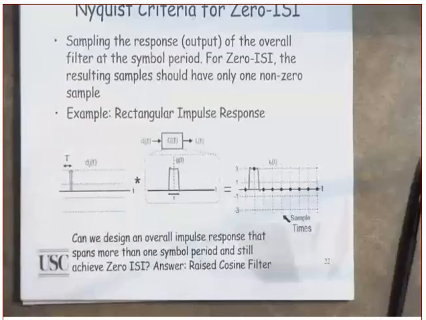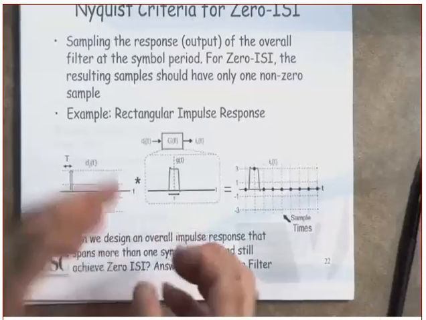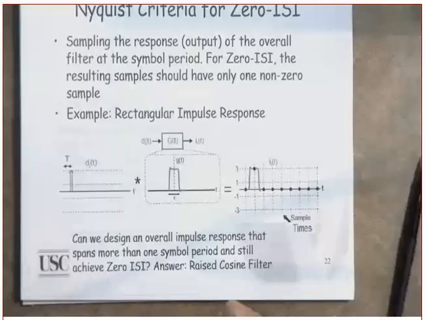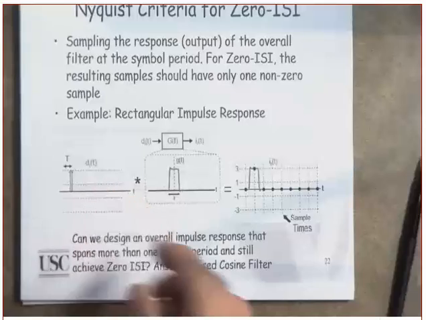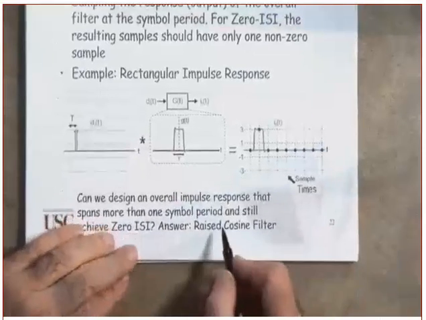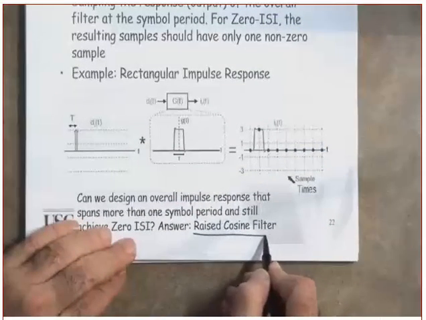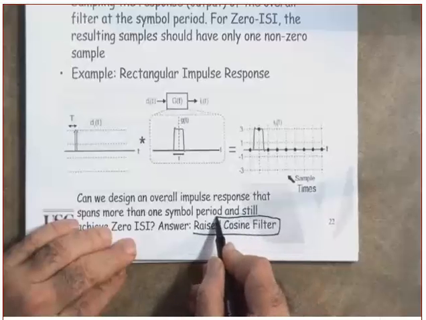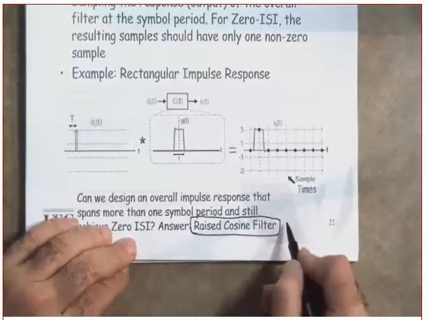At the right time, if we sample it at the right time. So even though the symbol is stretching, it's not affecting other symbols if we are sampling at the right time. The answer to that is yes, through the use of a filter, which is called the raised cosine filter. This again, you will take in EE